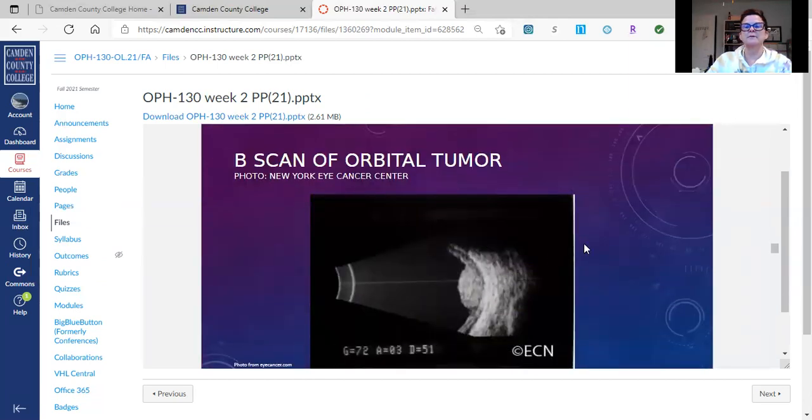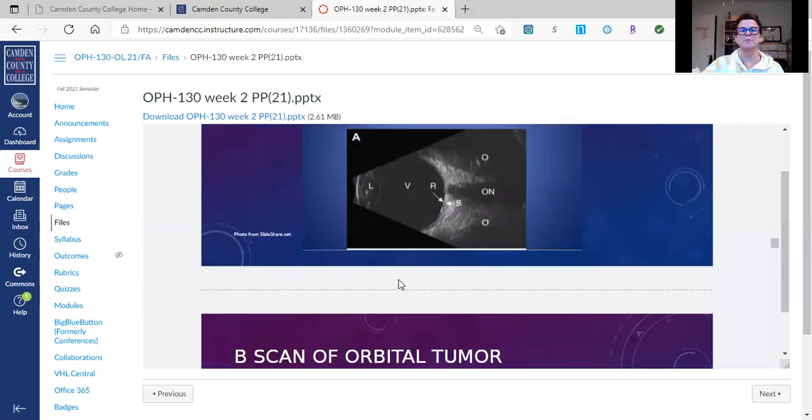So let's look at how it might help us image a tumor. Again, same thing. If we can't see through a cataract, we can't get a very good view, but we suspect something's going on in the back of the eye, B-scan will help us to determine that. So if you remember back here,